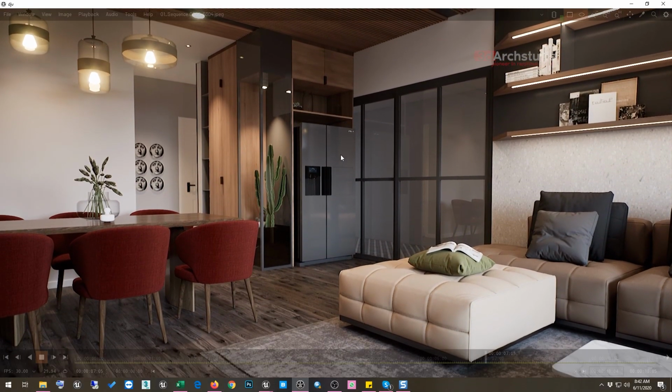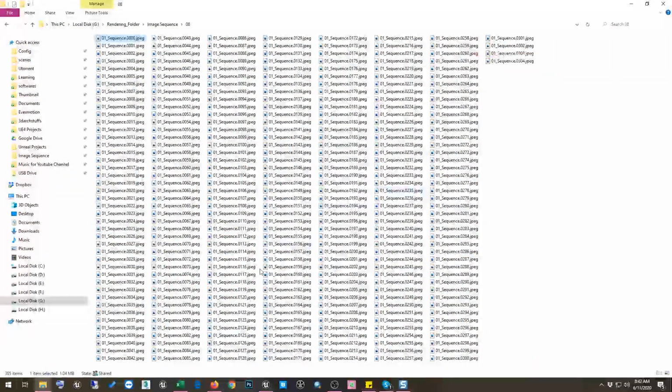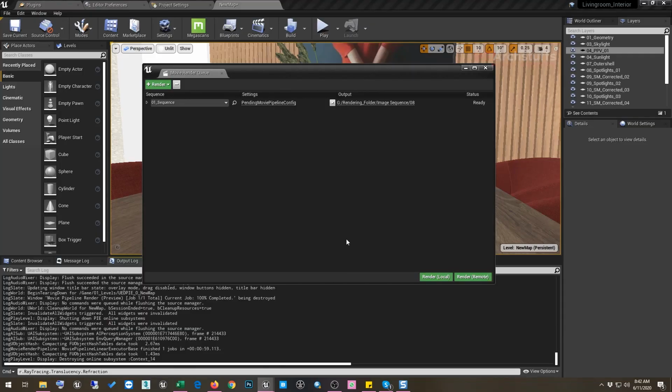So as you can see, everything is looking nice, and obviously you would have gone ahead and tweaked all the materials according to ray tracing settings, and I corrected this, improved this reflection on this dining table, and then on this glass material here, and then on this fridge metal. So you just tweak all the objects' materials according to ray tracing, and on top of that you have to just apply these settings here, and then render the final cinematic.